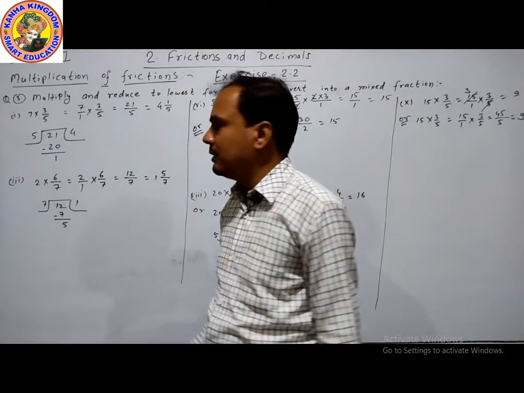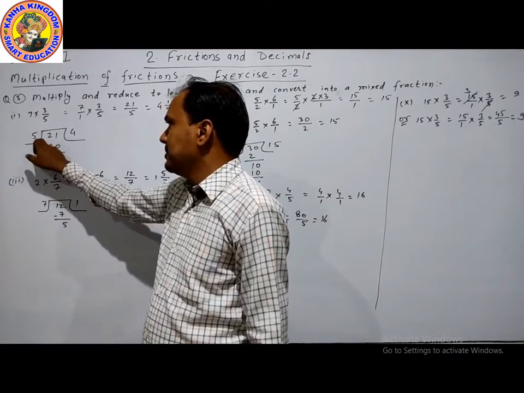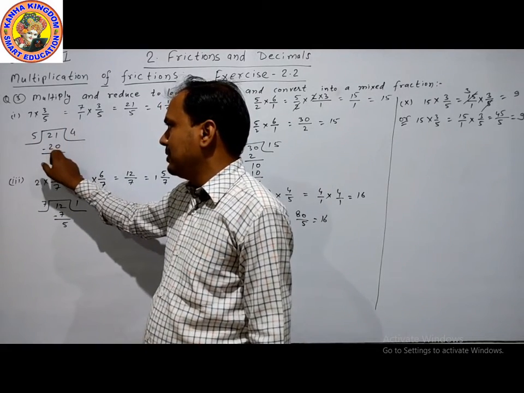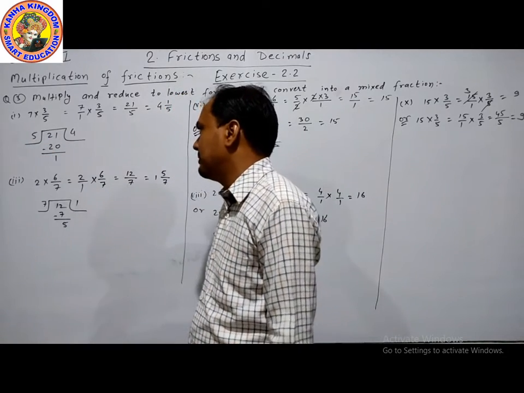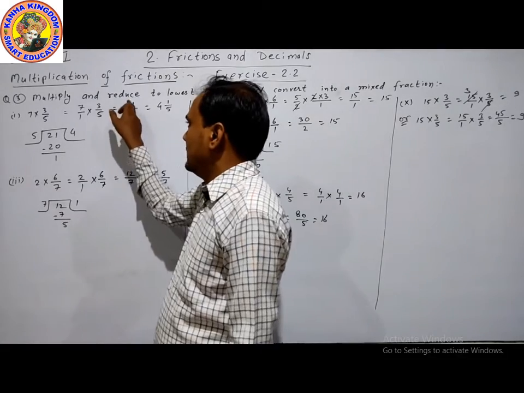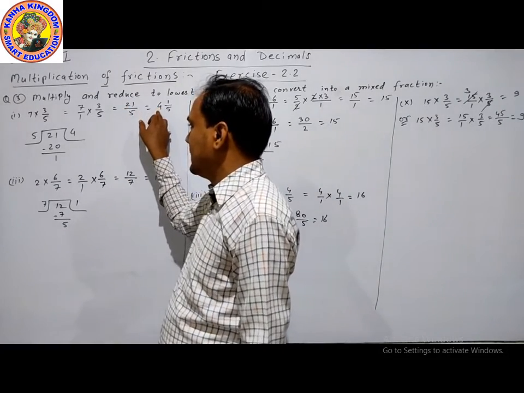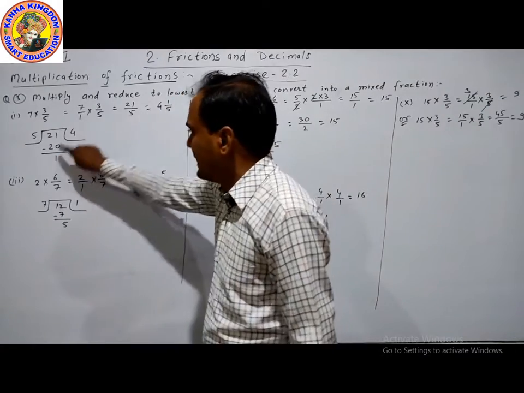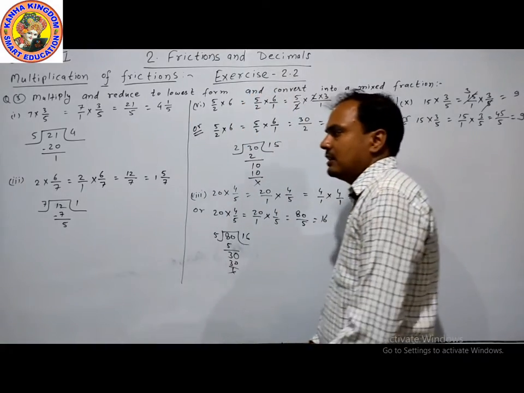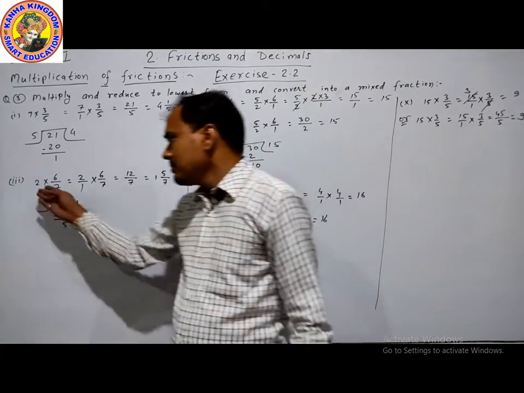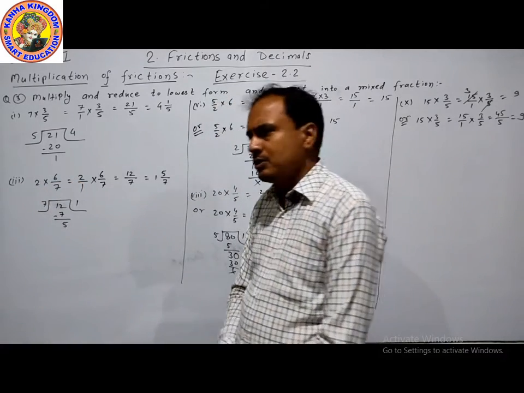Then we will convert into a mixed fraction number. So 21 will be divided by 5. 5 is 4 times 20. Remainder is 1. 1 is less than 5, so we cannot divide again. So in this division, we completely divide by 4. Remainder is 1 and divisor is 5. This is our answer.